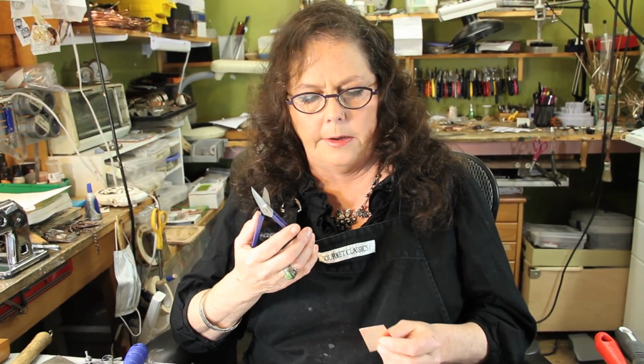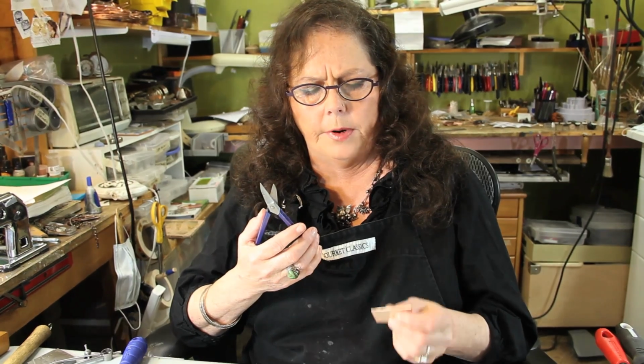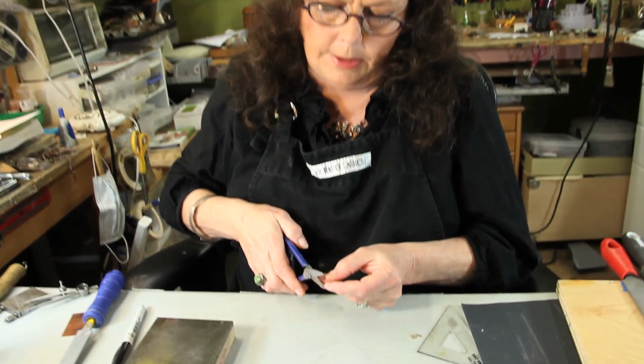So what I'm going to do is show you a couple techniques on how to get your bumps done if you do use a saw to cut your metal. I'm also going to show you a couple of different techniques to cut your metal. So, one of the three ways that I can think of to cut metal offhand is to use French shop shears. It depends on the thickness of the metal. This is, I think, 24 gauge. I use these, I think, up to 22 gauge, and they're great for cutting a straight line because they're like scissors,